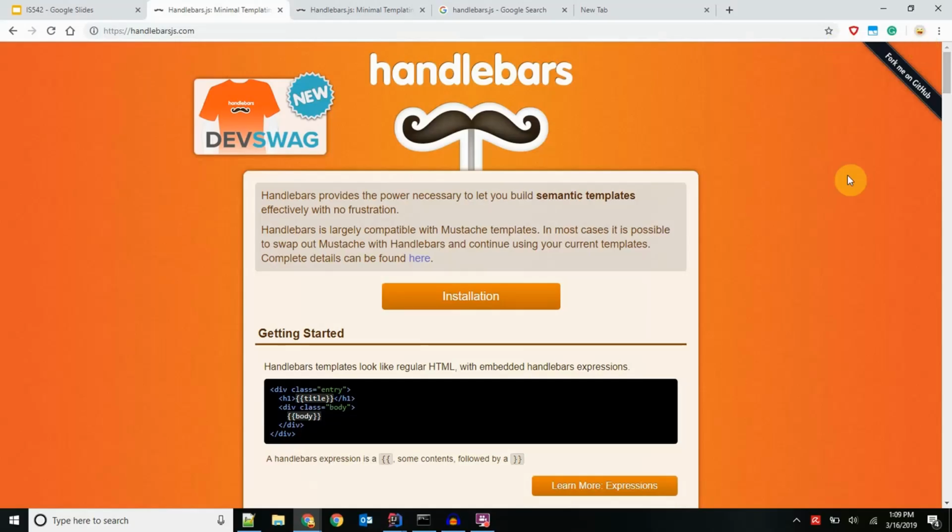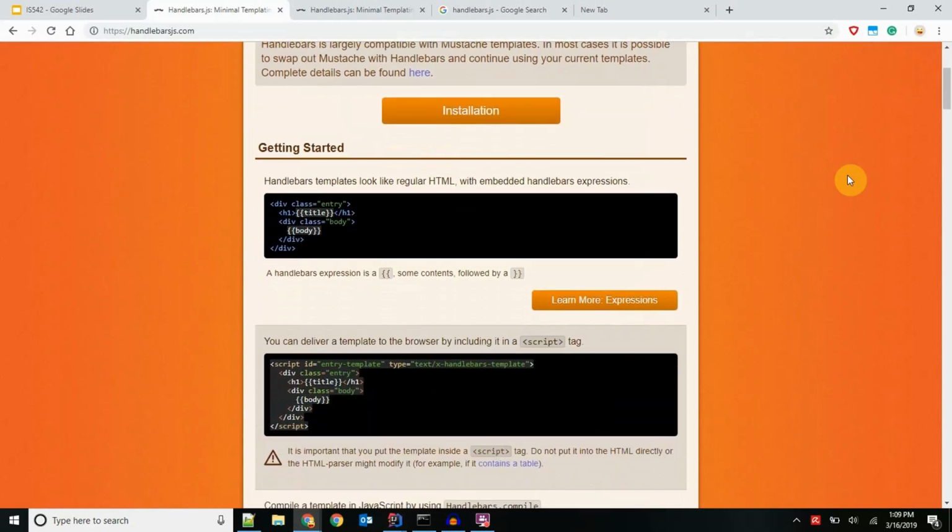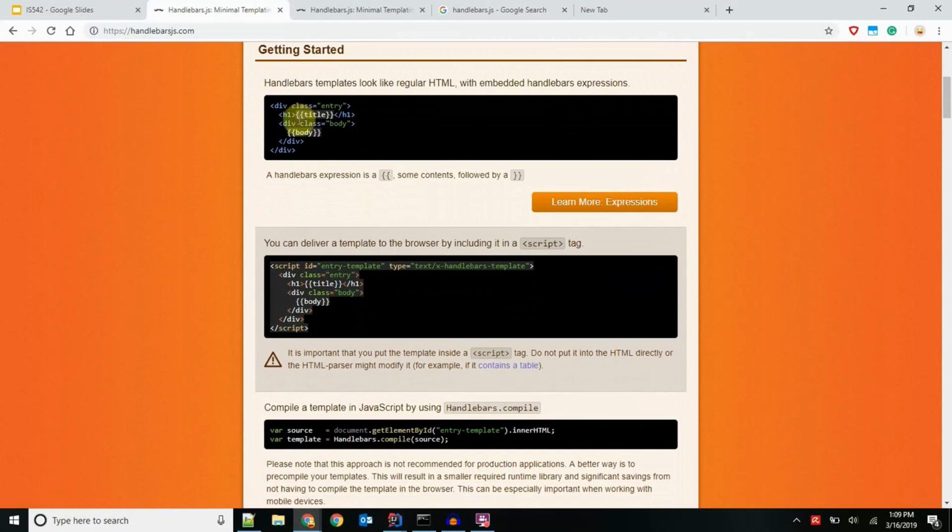So first, for the introduction, I'm going to go to the Handlebars.js website. You can see the example I use where we have a title and body passed into the render method, and then we reference them here as variables, and then they get rendered. The advantage of using server-side rendering is that it's really quick and lightweight. You render it and then you pass the rendered HTML to the client, and then it can be cached really easily, and if multiple people are accessing that web page, then it can just send back the HTML that's already